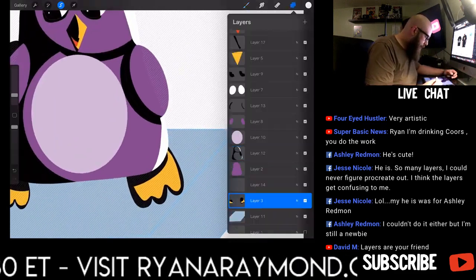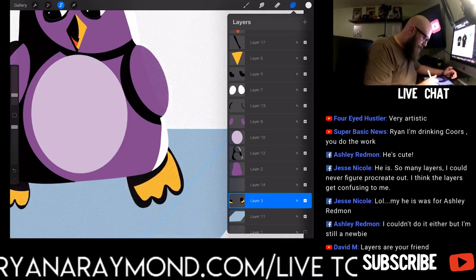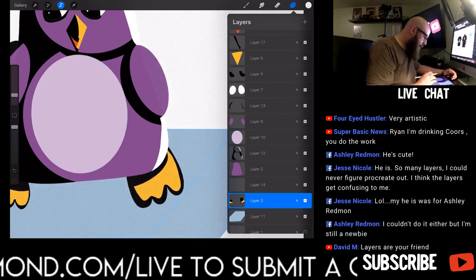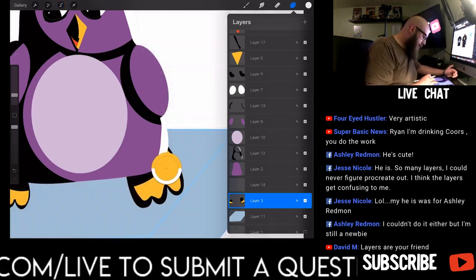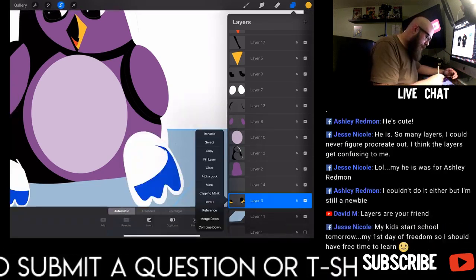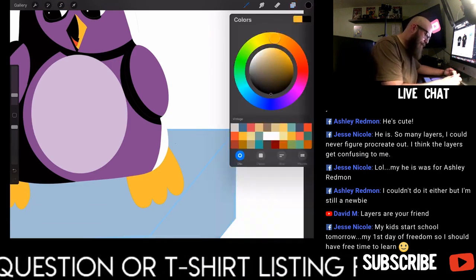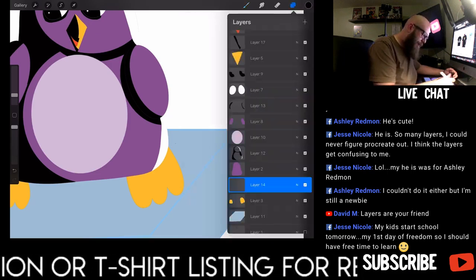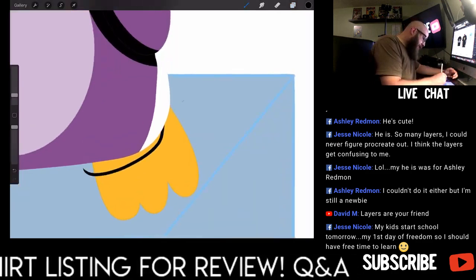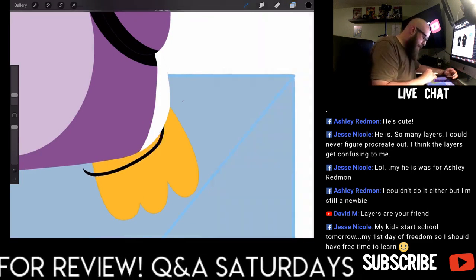I want to get back down here into this foot layer. And look what I did here on the foot layer. I drew on the wrong layer. I'm going to have to redo those feet, because going all the way back will suck. So we're going to select that. We're going to refill that layer with the correct color and come back to the shadow layer above it. Kind of do the same thing here. In fact, I'm gonna, now that we're on that,